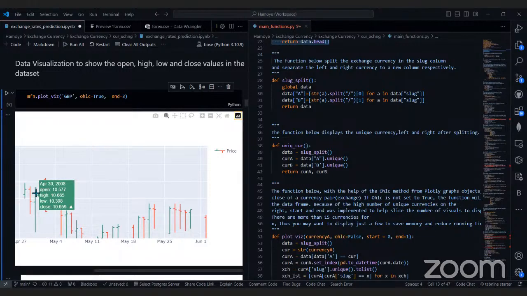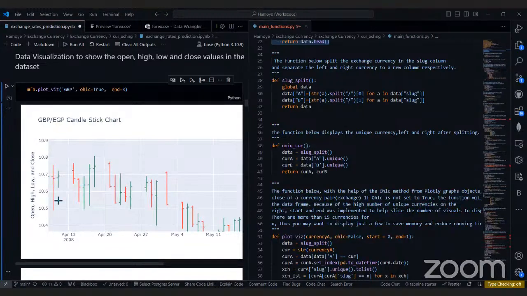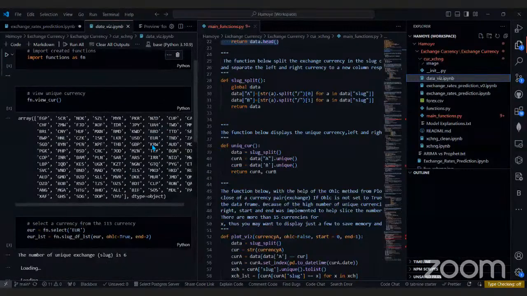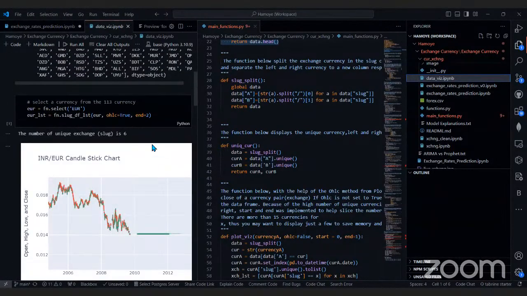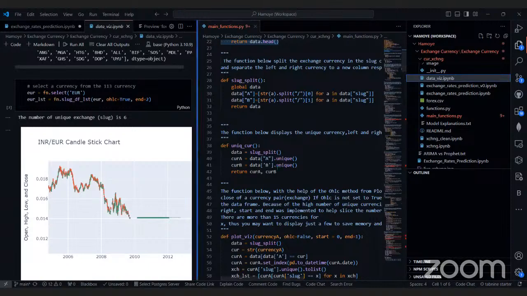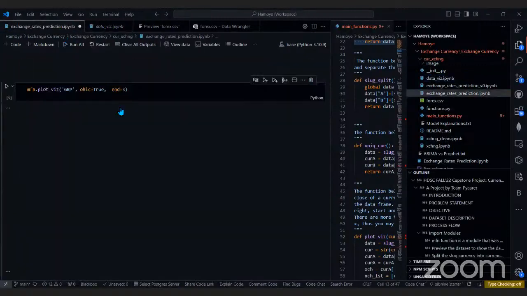Okay, I'm going to explain how this function was created and why it shows you what it shows. If you hover on each of these candlesticks, you will see the open position. I think I need to zoom in again. I think we also had a notebook built for visualization only. I think we'll come to that. We had an exploratory notebook meant just for visualization. So let me go back so that we don't lose track.